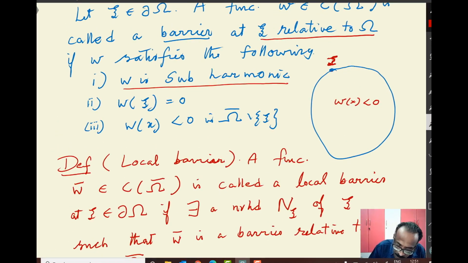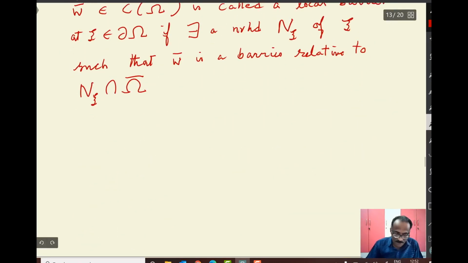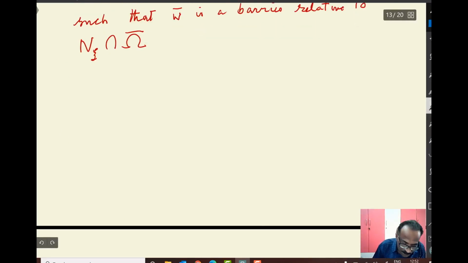So you may have a neighborhood here, N_ψ. So you are looking at this barrier relative to this neighborhood. It's enough to have a barrier here. So you are not demanding the existence of w for all Ω, but this existence only in that neighborhood. But what I'm going to make is an immediate claim, so the immediate claim,